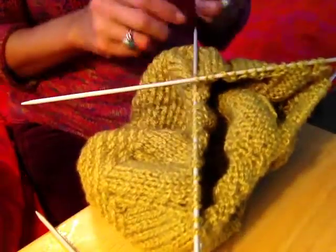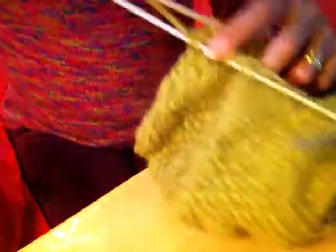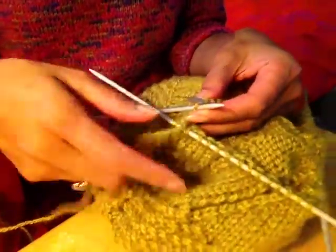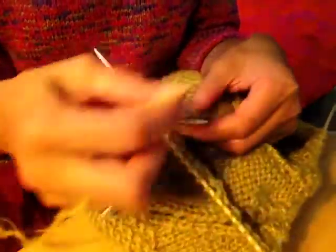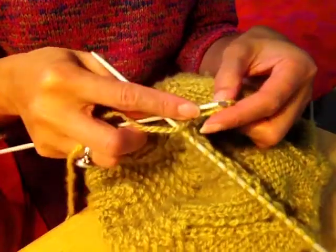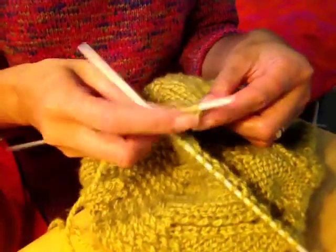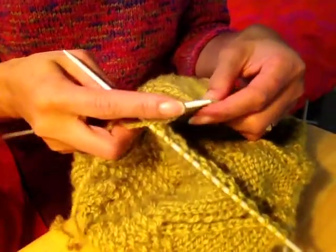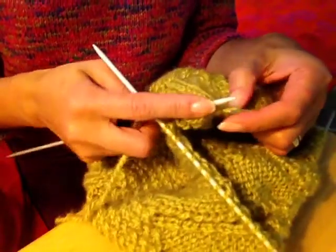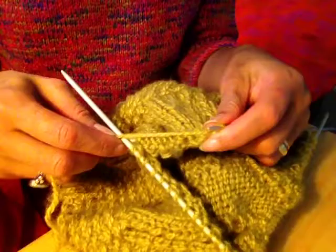So after you've transferred all those stitches onto double point needles, I'm gonna start knitting. Start my round here as usual, just like as you knit with the circular needle. Just keep going. And then when you get to the decrease point, you can just decrease the way your pattern tells you. For me, this round is just knit. This is not my decrease round yet, so I'm just knitting. So you continue doing it this way